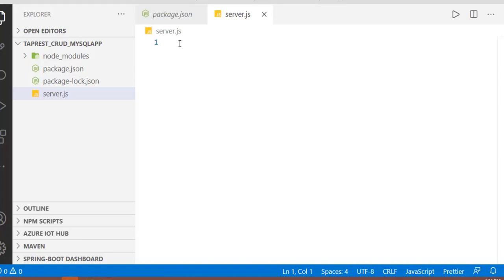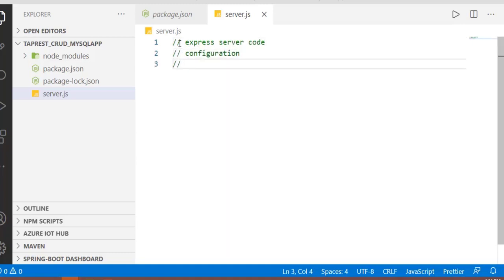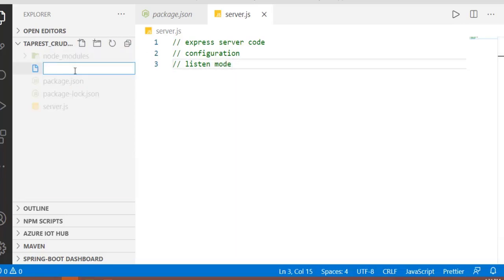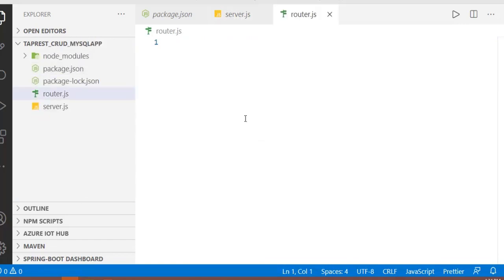So our first job is to write a simple server.js file. This file will contain the logic for our Express server creation and configuration, as well as the code for setting the listening mode on a particular port number. We want to have a separate file which will handle the mapping of requests to their respective HTTP handlers, which we will define separately.